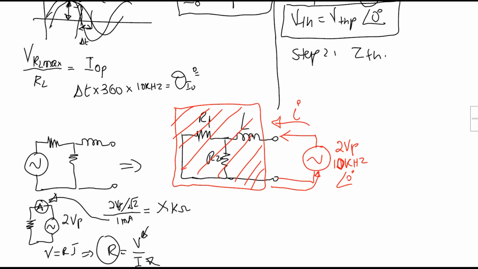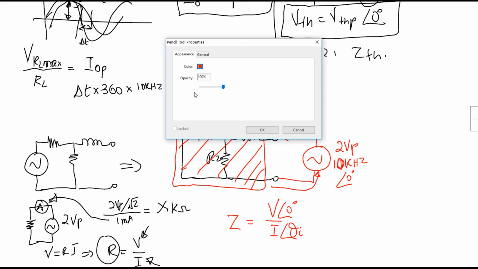Now the only thing to be measured is the current. Because if you can find the current, and you have V divided by this current, which gives us the theta of this current, we can find exactly this Z. So now the only way to measure that current, if we don't have a current probe, for example, only a voltage probe,